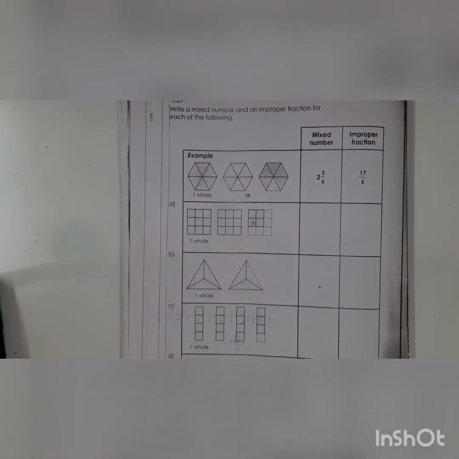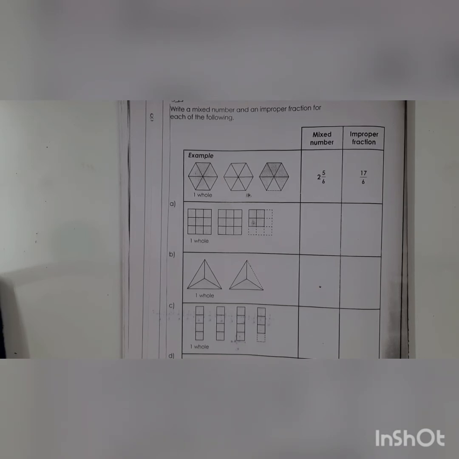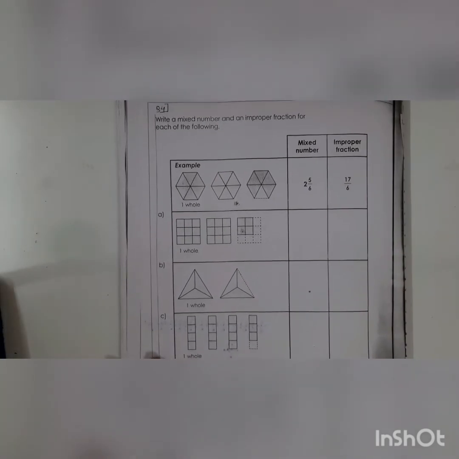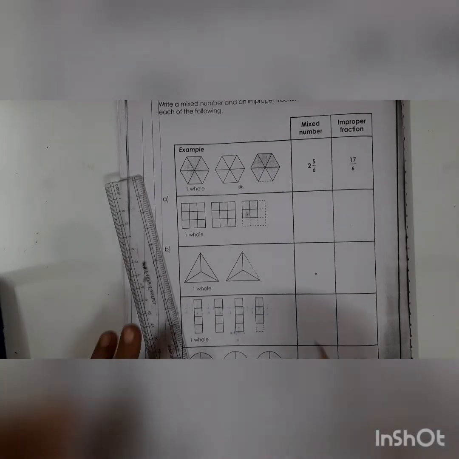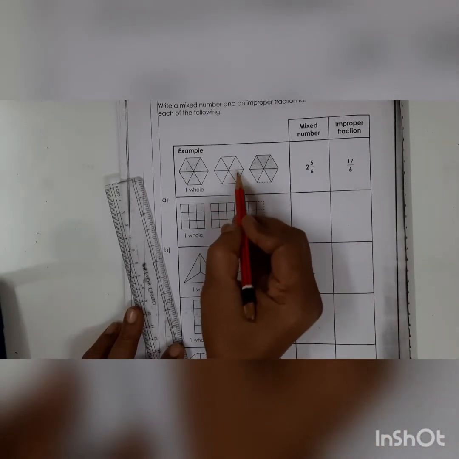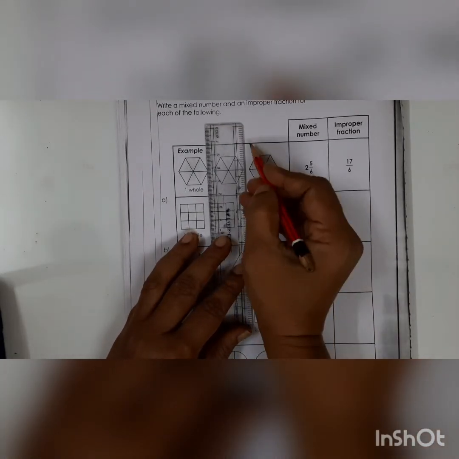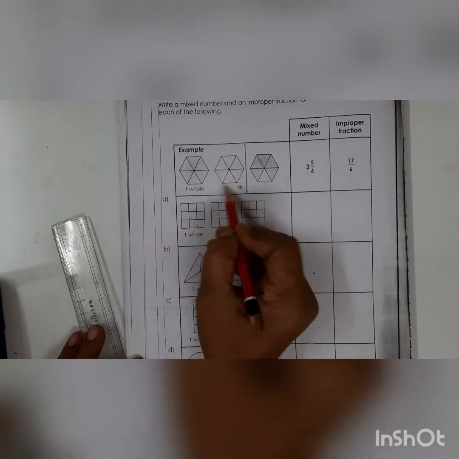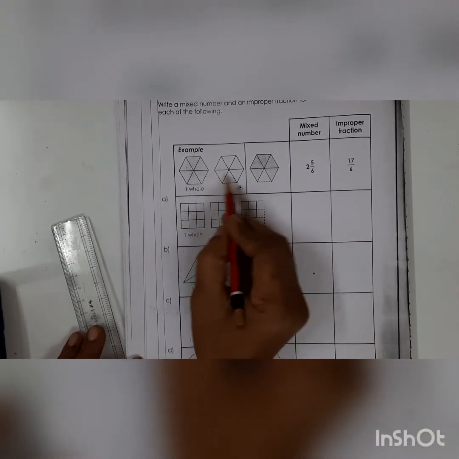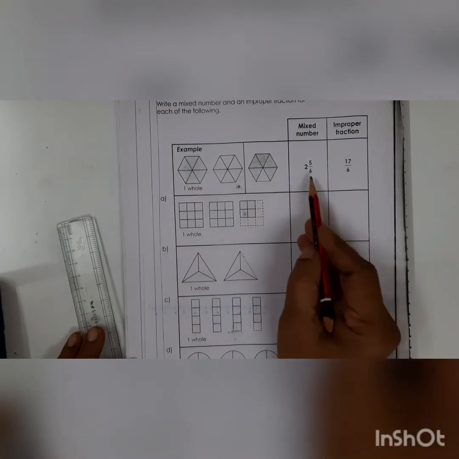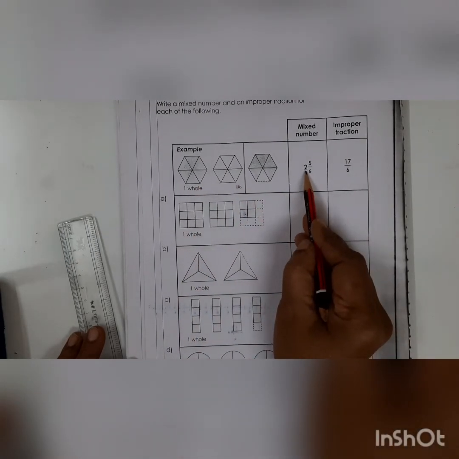Now children, what I want you to do is use your scale and separate this whole, so that it's not a mistake. See, these two are whole. Why is it whole, children? Can you see there are no dotted lines here? It is considered to be whole. Some of you, the print is not clear, so you can put a line here. So this is one whole and this is your second whole. So these are two wholes. Whole means full.